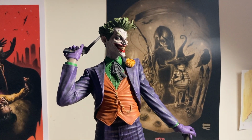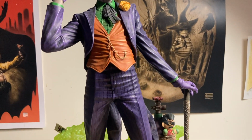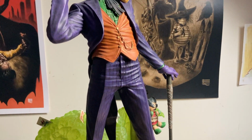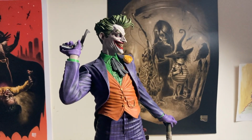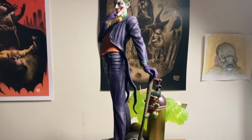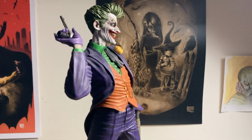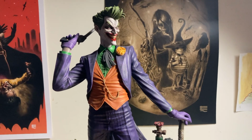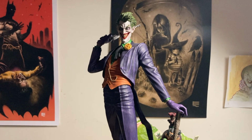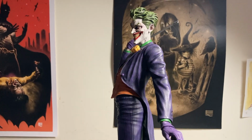Anyway, this highly illustrative and stylized suit, and these folds and every line just screams how dynamic the piece is. You feel the tension, you know, the way he stands, very theatrical and aggressive, but at the same time very jolly and so hard to describe. I really love Paul Harding's work anyway, but I think this piece